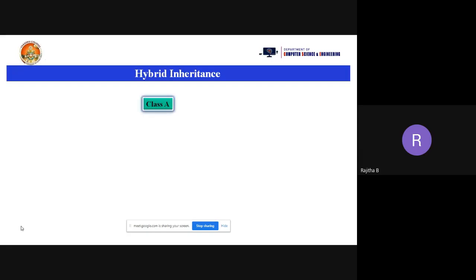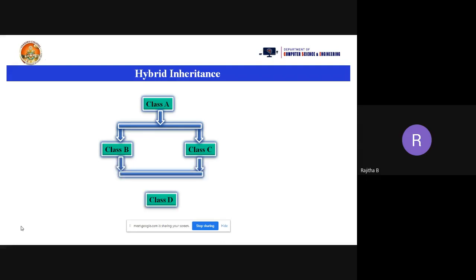Suppose I take class A, and from class A I'm deriving two child classes, class B and class C. And from class B and class C combined I'm going to derive one new class, class T. So from B and C combined I'm deriving one more common derived class, class T. What combinations of inheritance have I taken here?